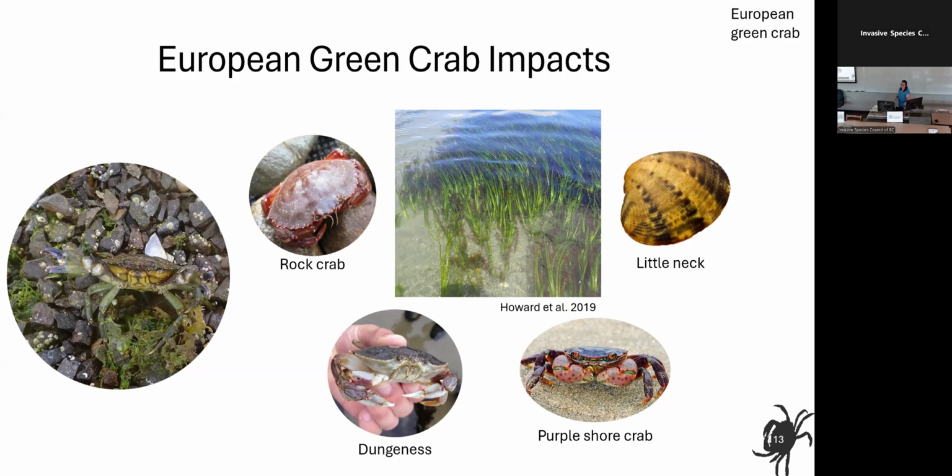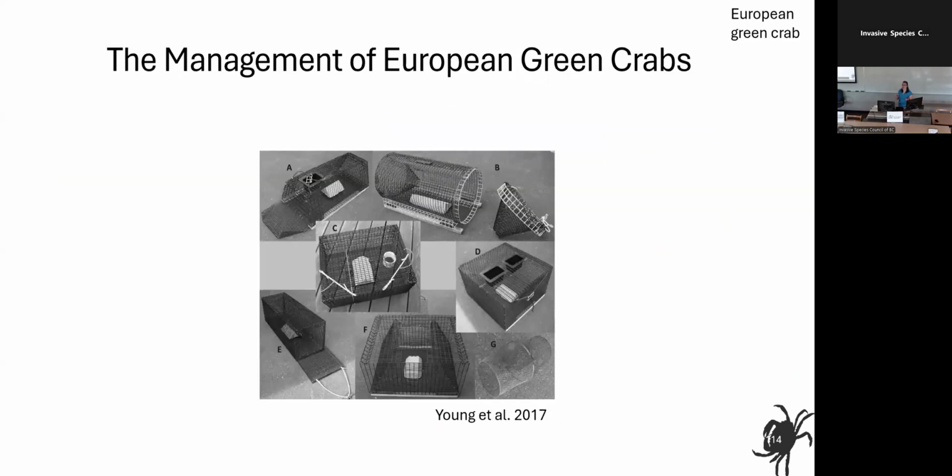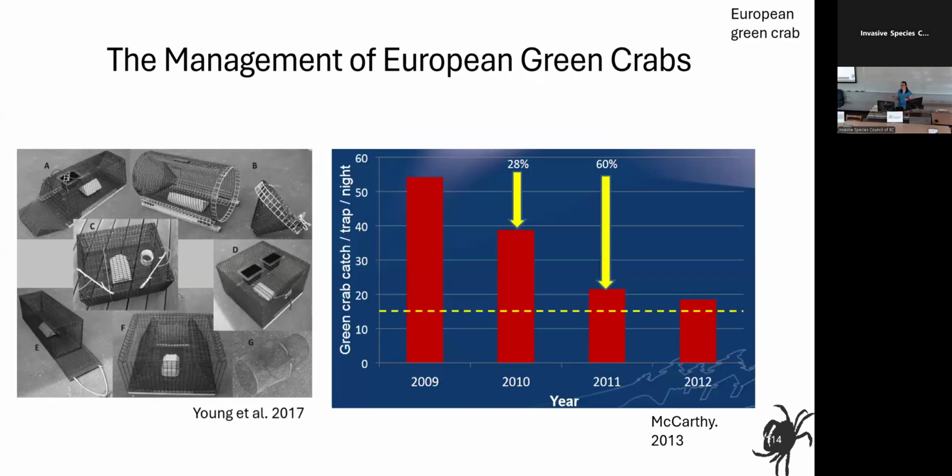Often with green crabs, we found that the best management is trapping, with studies showing that with consistent trapping over time in some areas, you'll actually see a reduction in the number of green crabs that you've trapped. One issue is that often with these trapping programs, guidance is being done without consultation of